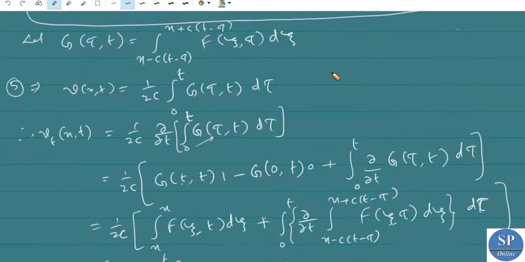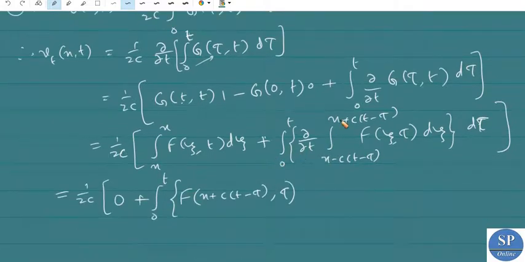Okay, so into the derivative of this upper limit with respect to t, that is c. Okay, into c minus f of, replacing this zeta by the lower limit, that is x minus c into t minus tau comma tau, into the derivative of this lower limit with respect to t, that is minus c,